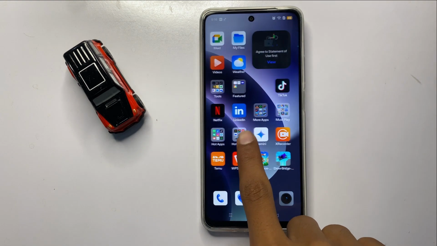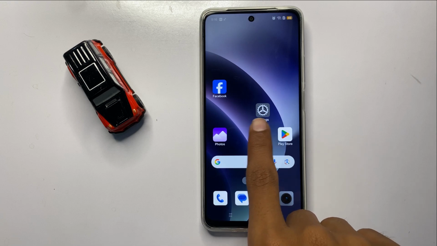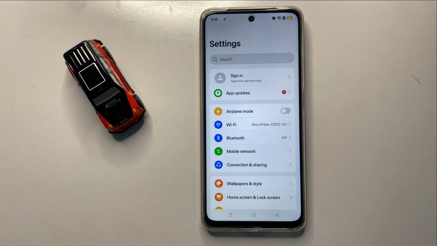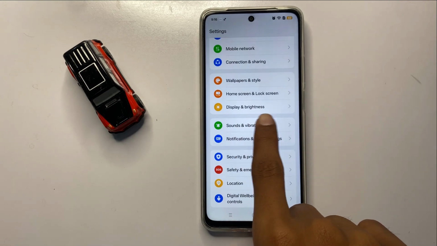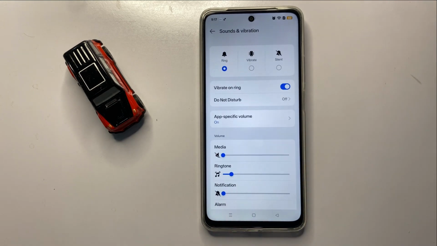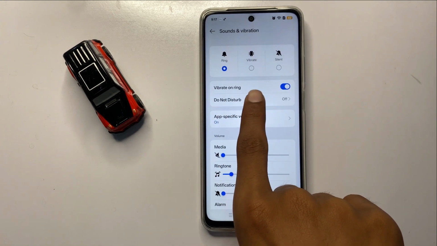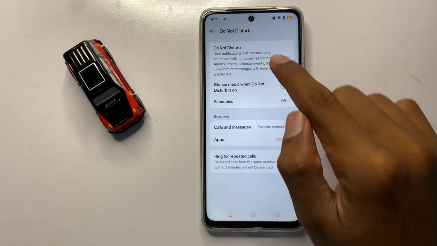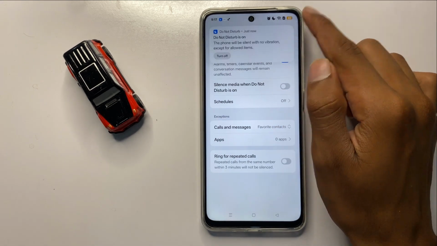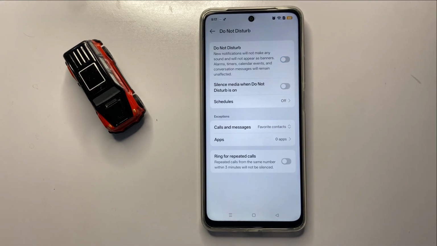First of all, open settings. In settings, scroll down and click on sounds and vibration. Now click on do not disturb. Now here you can check if you turned on your do not disturb, then turn it off. After turning off your do not disturb, then go back